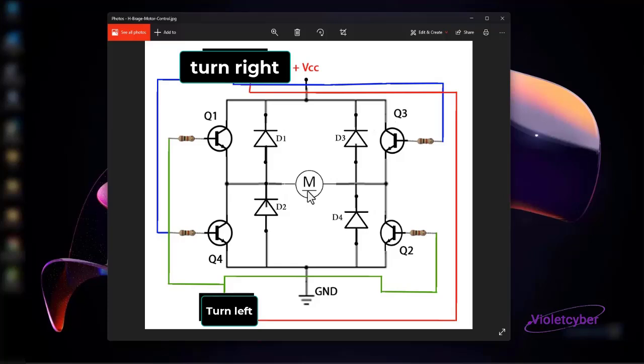For example, the advanced model is like this. If we put a microcontroller and use a mobile phone to send the left and right commands to the microcontroller, it will control the transistors, and the transistors will also control the speed of the motor, which we will also build and you will learn. So this circuit, which I now call the H-bridge,